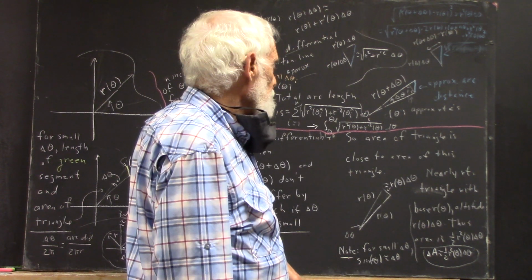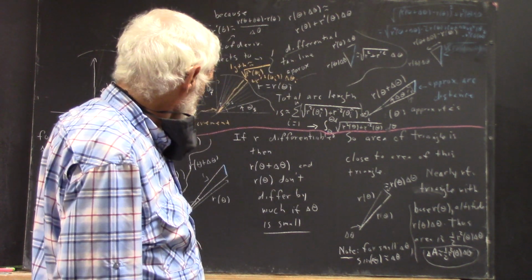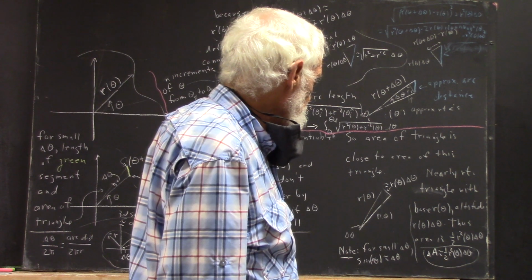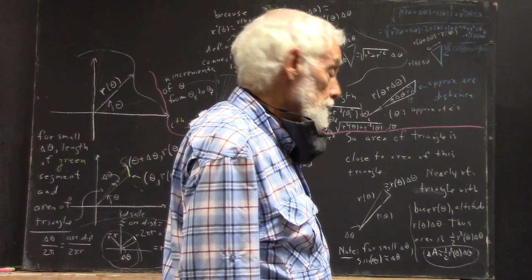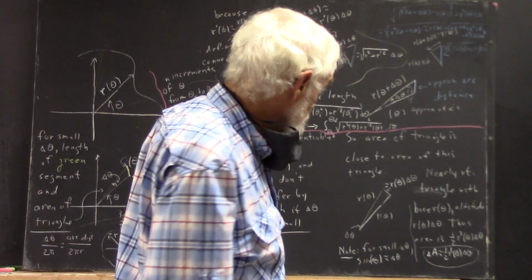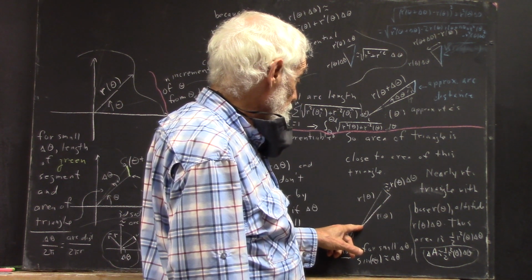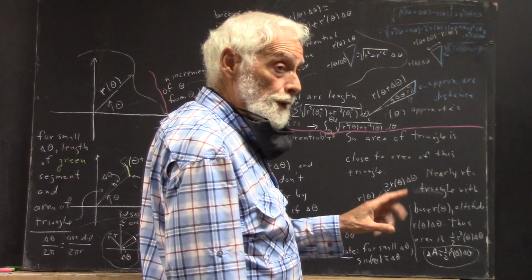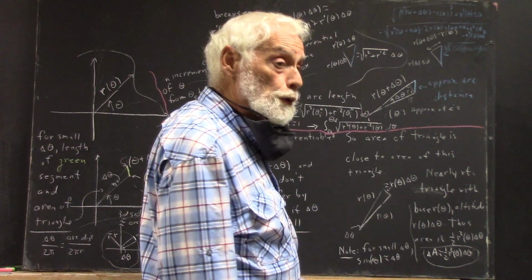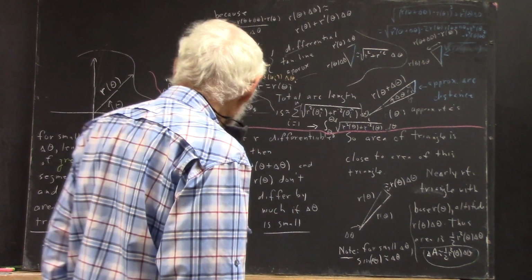Okay, well, the area of this triangle is close to the area of this triangle if delta theta is small enough. What kind of triangle is this? Well, it's nearly a right triangle, because this side and this side are the same, meaning it's an isosceles triangle. These angles are therefore the same, and this angle is really small. So you've got 3 angles that add up to 180 degrees. 2 of them are equal, 1 of them is tiny. That means these 2 angles are close to 90 degrees. So now we can say that, first of all,